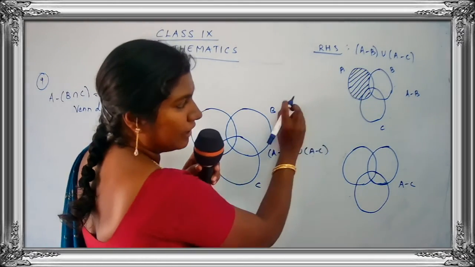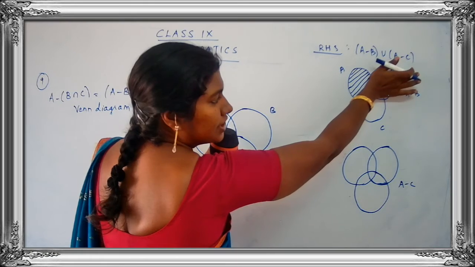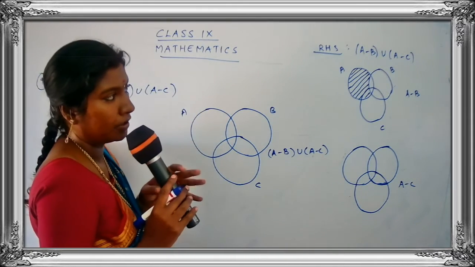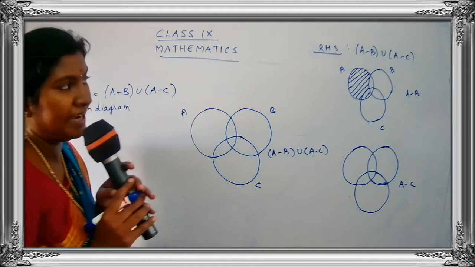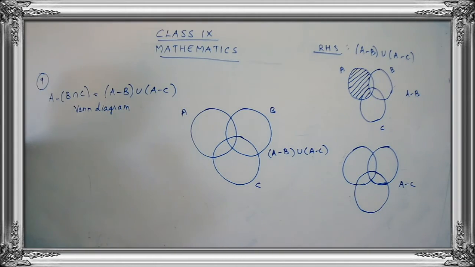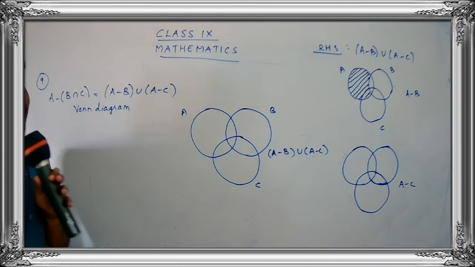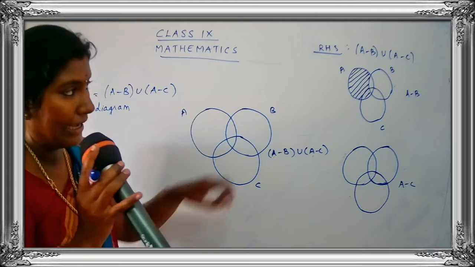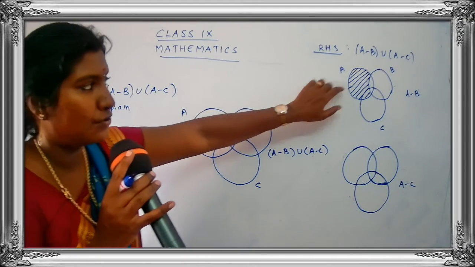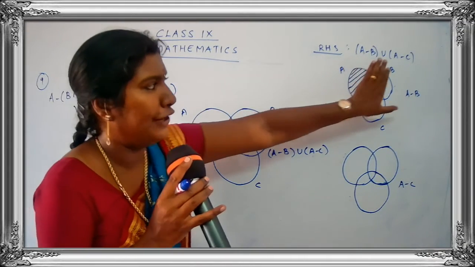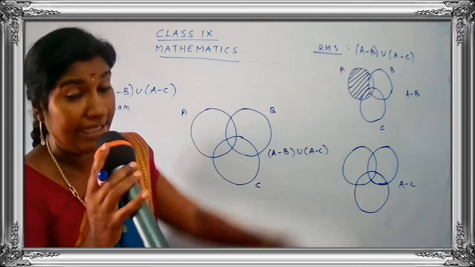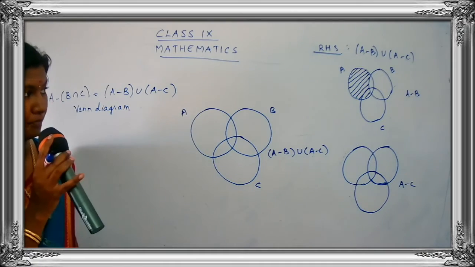Okay, children, are you getting the point carefully? I am not at all touching B. B is as it is. Be careful. Do the shadings very carefully, children. A minor mistake changes everything. So you have to be very careful when you do the Venn diagram. So A minus B. So I just want A. I don't want B. So I have shaded only the A part. Only the A part. Okay.